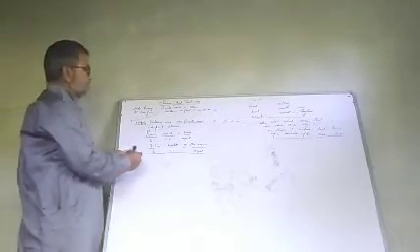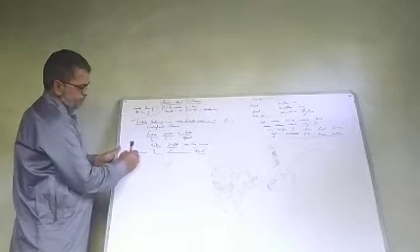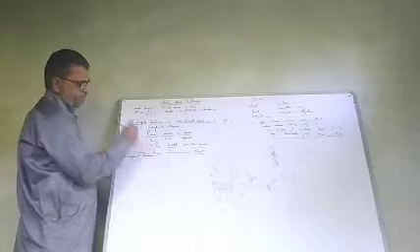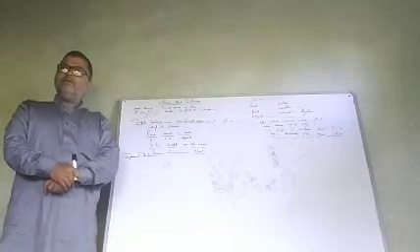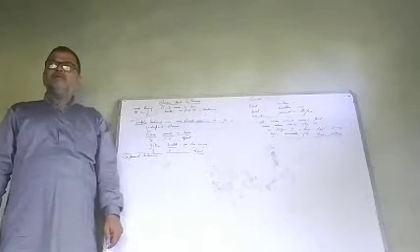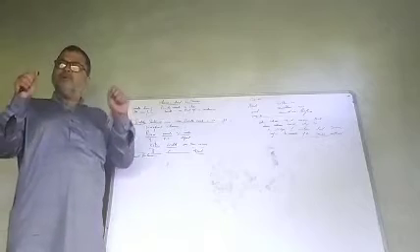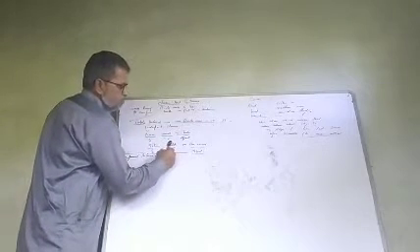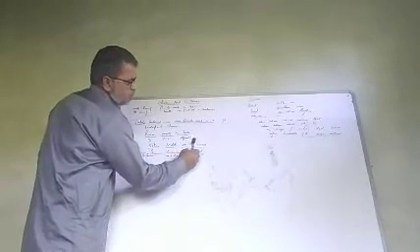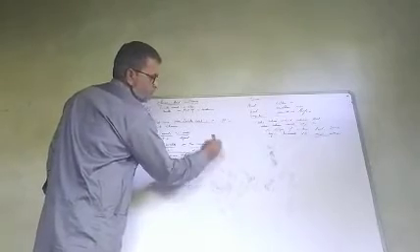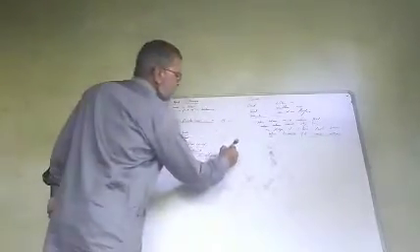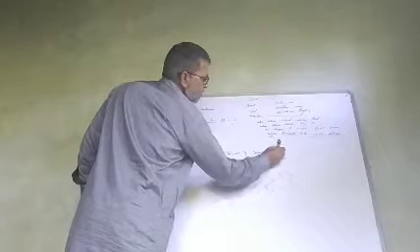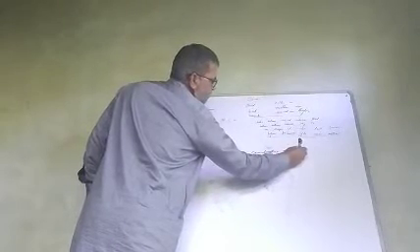Now the second type of sentence is compound sentence. The word compound itself implies it is made up of two. The compound sentence is made up of two clauses joined by coordinating conjunctions,